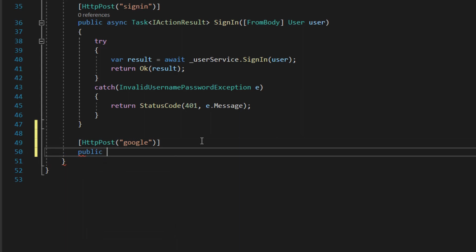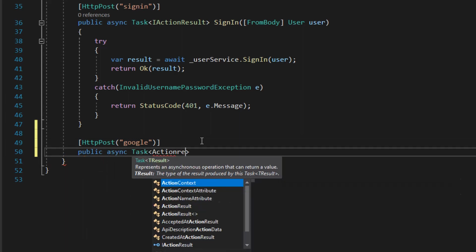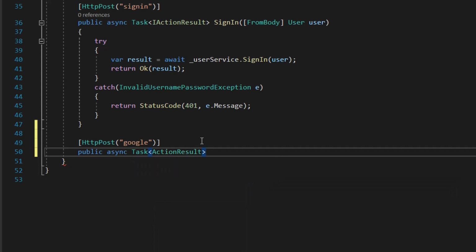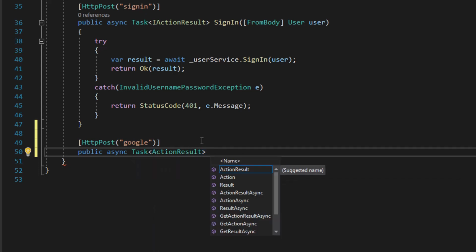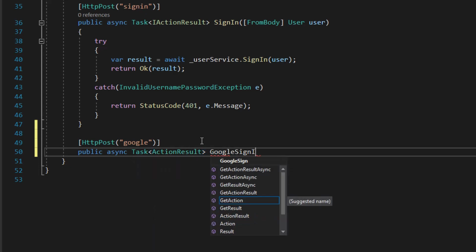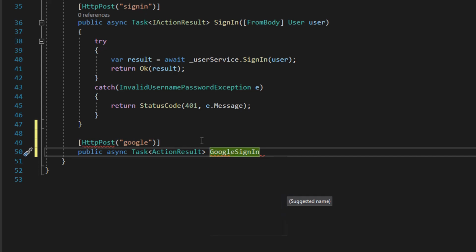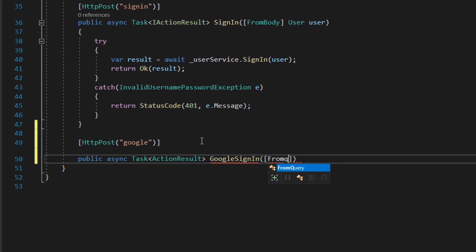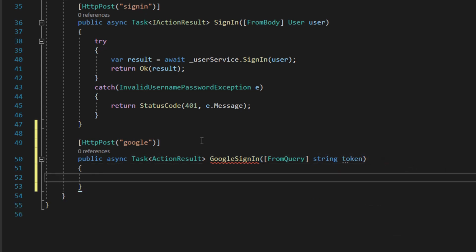Let's say public async Task ActionResult, and let's name it GoogleSignIn. In here, let's do it from query, and let's get a string token. So we're basically getting the token. And the first thing we gotta do is validate that token. And for that, we're going to be using